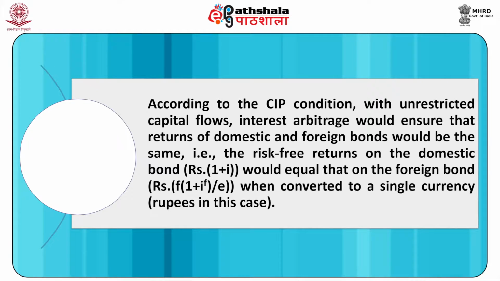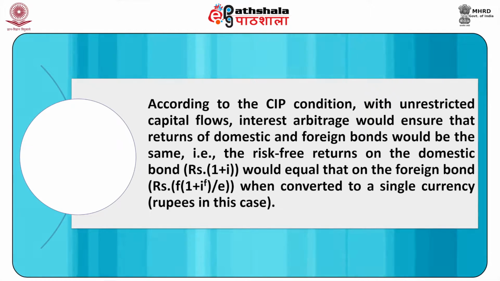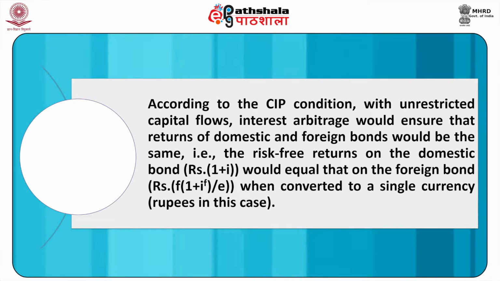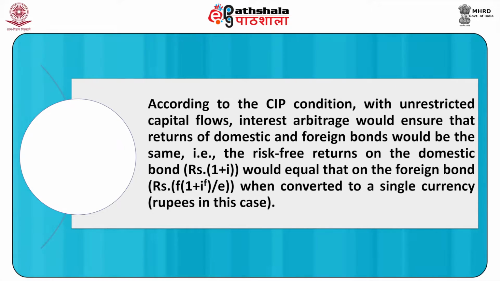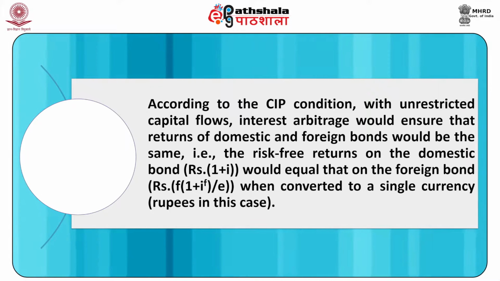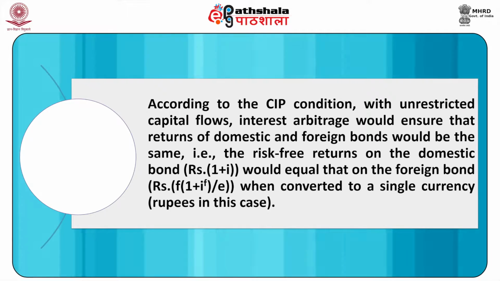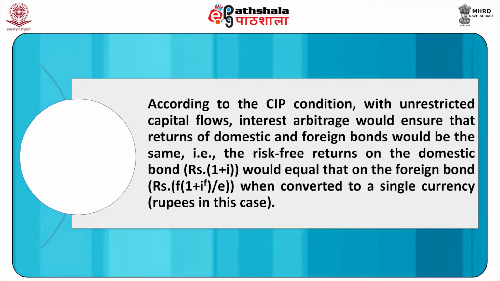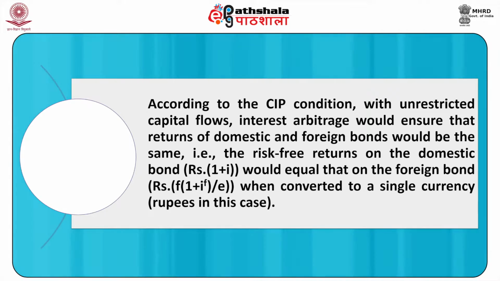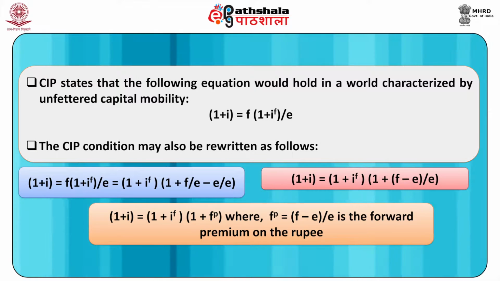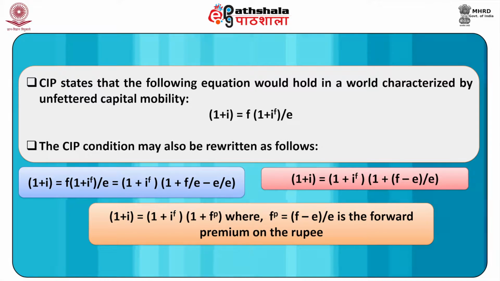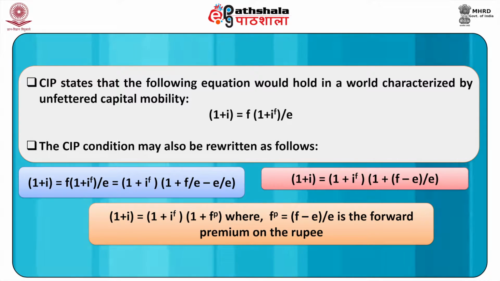would be the same. That is, the risk-free return on the domestic bond, that is 1 + i, would equal that on the foreign bond, that is F multiplied by (1 + i^f)/E, when converted to a single currency, that is rupees in this case. So, the CIP states that the following equation would hold in a world characterized by unfettered capital mobility, shown by